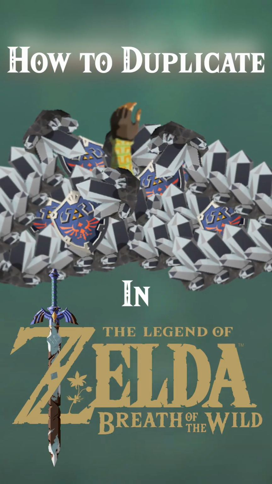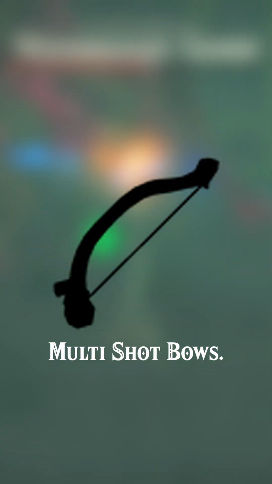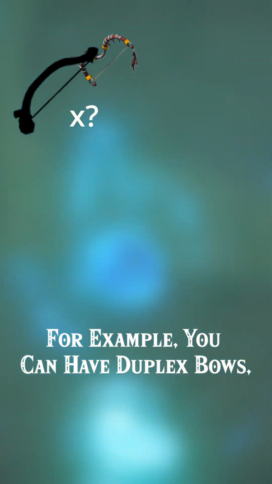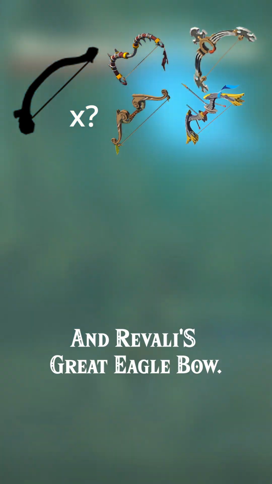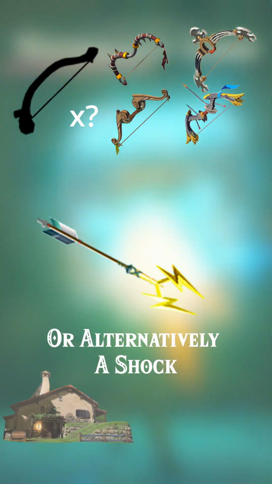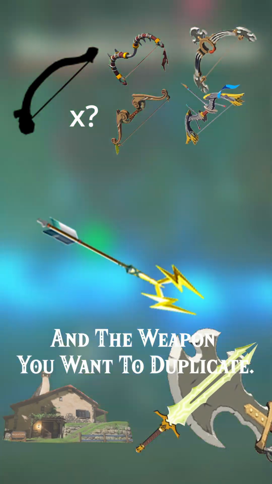How to duplicate weapons and items in Breath of the Wild. First of all, you need 5 to 7 multi-shot bows. For example, you can have Duplex bows, any of the Lynel bows, Forest Dweller bows, and Rivali's Great Eagle bow. You also need a shock arrow, Link's house, or alternatively a shock weapon with a metal weapon, and the weapon